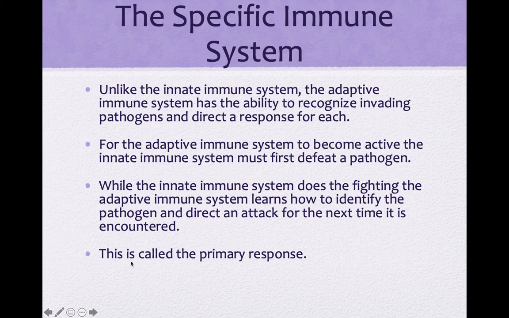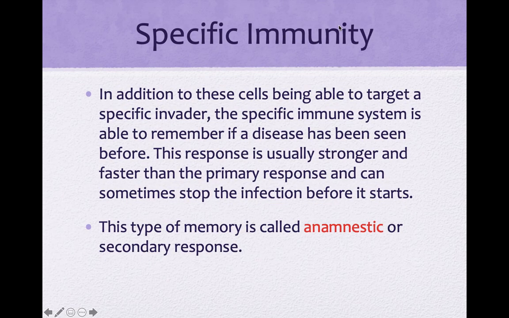The first time around is called the primary response with the adaptive immune or innate immune response. The secondary immune response is caused by the specific immune system playing the second time around. The cool part about the specific immune system as well is it can remember what it sees. It has a type of specific cell called a B memory cell, we'll talk about in a second, that has the ability to essentially just take a snapshot of diseases that it's seen, of pathogens that it's seen, and remember